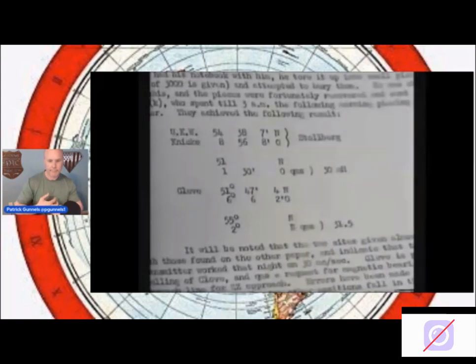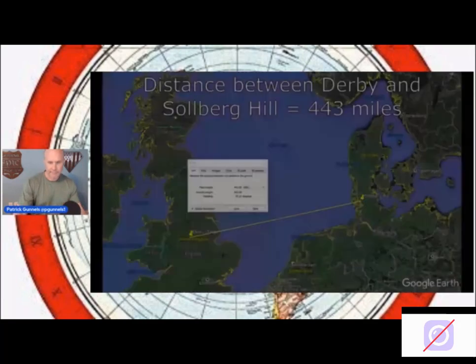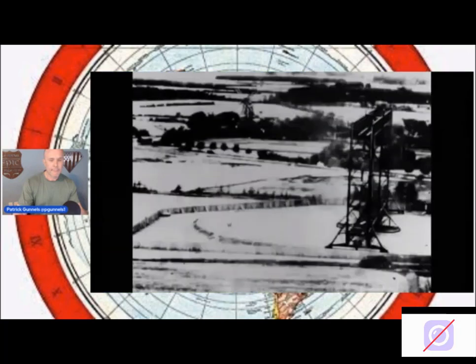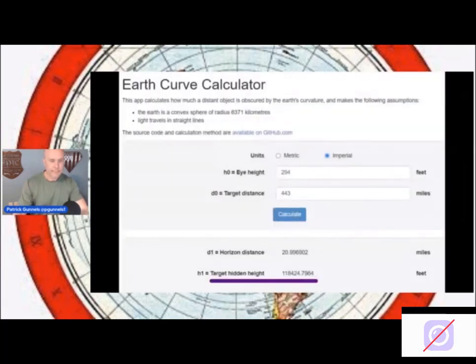The first of these Knickebein transmitters was set up on Stolberg Hill near Denmark. Another transmitter was set up at Kleve in western Germany. Stolberg Hill was located 443 miles away from Derby, England. The hill was only 142 feet high, and the transmitter was 152 feet high, for a combined height of 294 feet. Based on the globe map, the Earth's curvature would hide